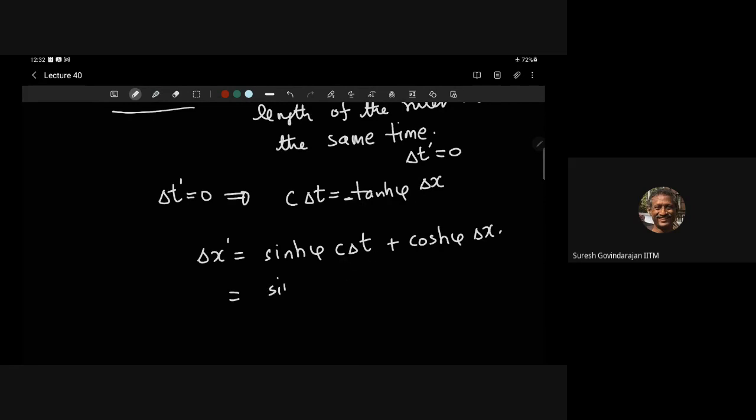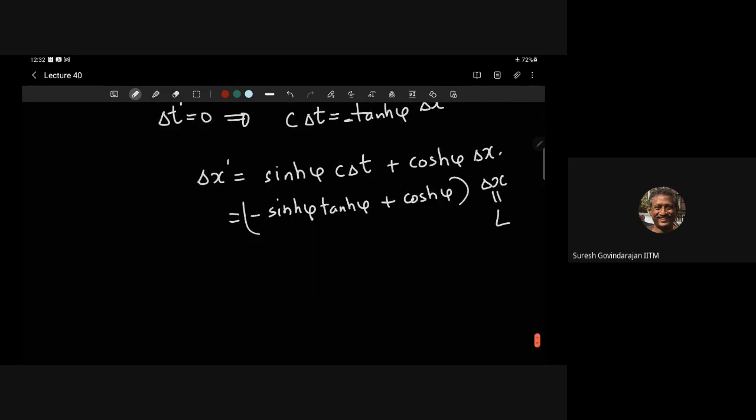So it becomes sinh phi minus tanh phi plus cosh phi into delta x. Okay, and we'll take delta x to be the length. Okay, this is what we want. But now we have to simplify this. So this just becomes equal to, I can pull out a 1 by cosh phi times